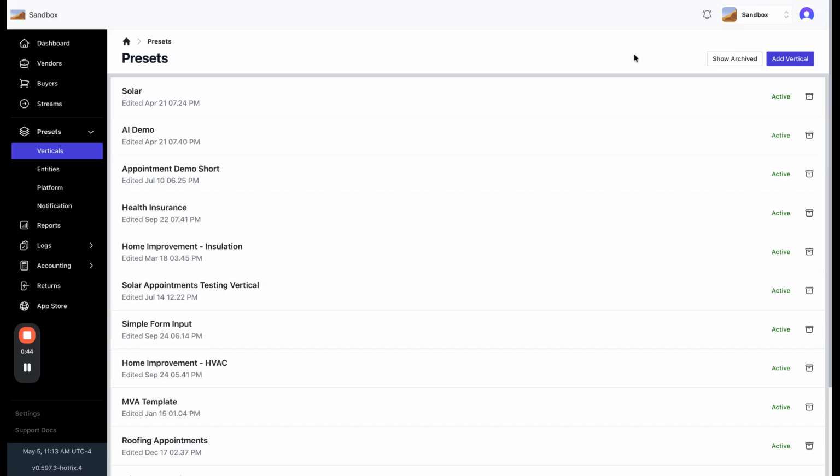So you can set up any data type, any setup. It can be XML, JSON, and you can fully customize this. But in doing so, there are a couple things you do need to know to set this up correctly so it will work. So to add a new vertical, we're going to click on the Add Vertical button in the